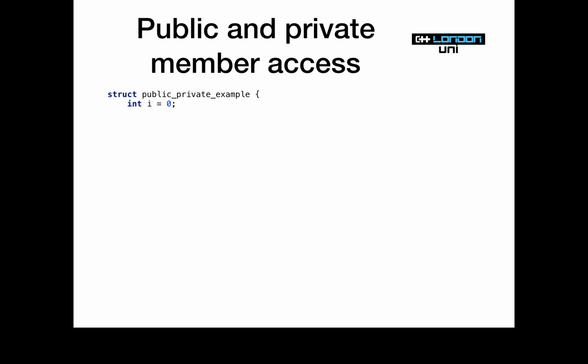So for example, here we've got int i, which is public, and then in our private section we've declared a float f and a double d, and now we have more public things. We've created a public section. And if we wanted to, we could have some more private things and some more public things. We can mix and match them in any way we like.